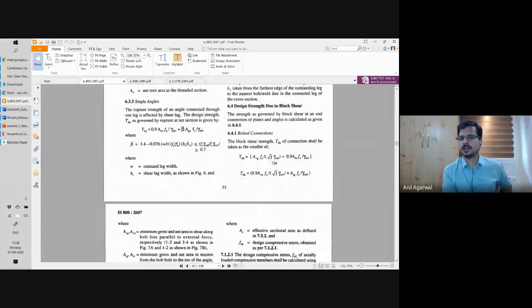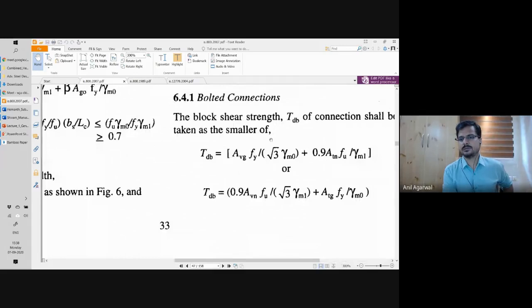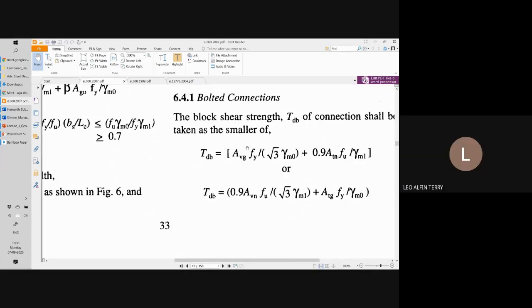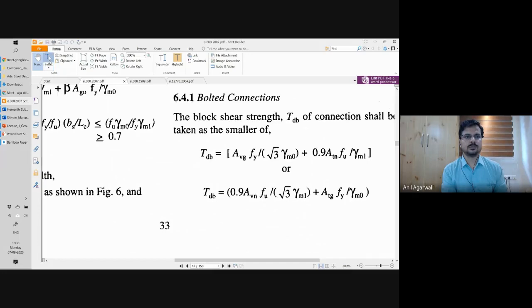Correct. So here, in case of a block shear failure, you have these values, Fy divided by root 3. How to highlight it? Highlight this term Fy divided by root 3. It's not a text. Or Fu divided by root 3. This part. Anyway, I hope you can see it now, right? So this Fu divided by root 3 and Fy divided by root 3 are coming from this von Mises criterion